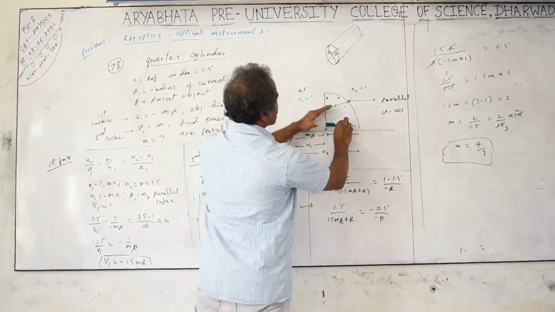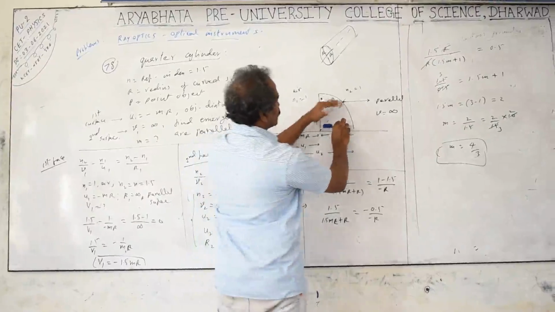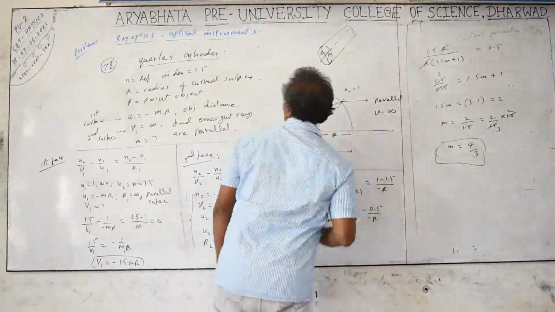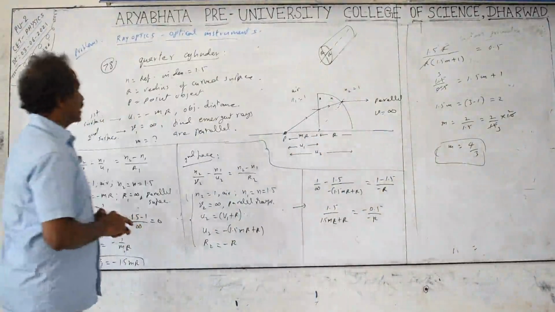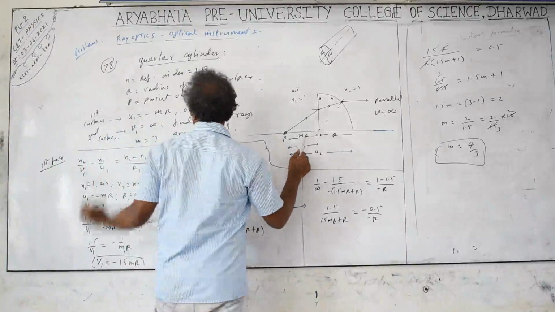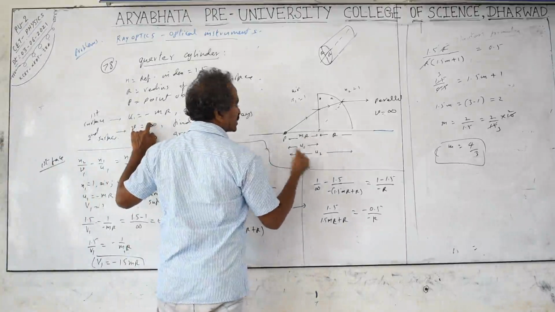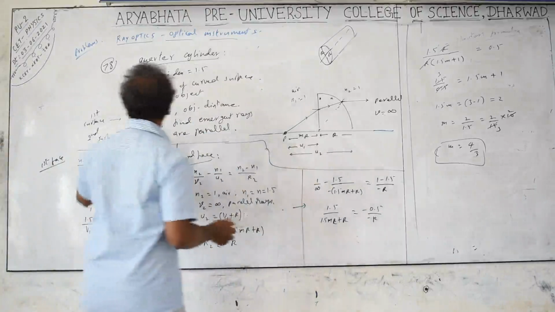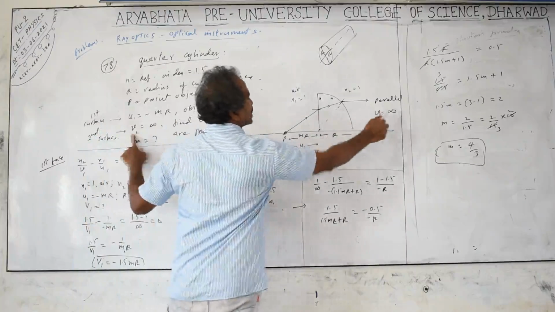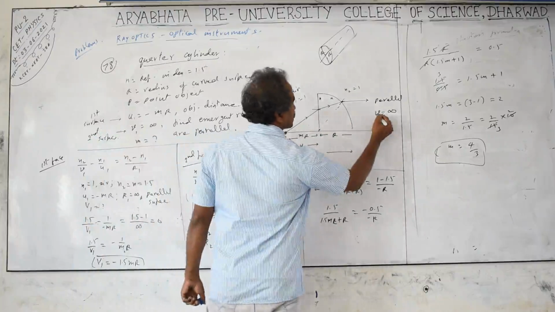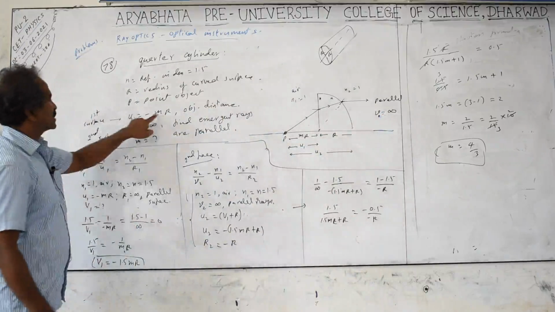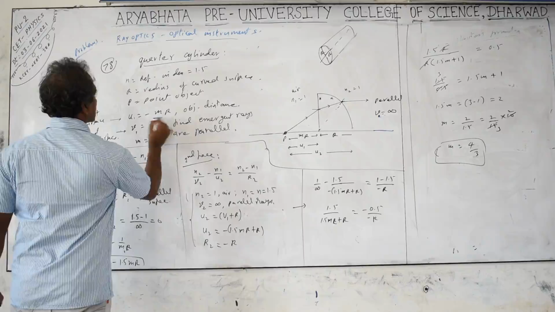Light rays coming from this, after refraction through the surfaces, come out parallel to the principal axis. This is the principal axis we can take. The object distance, that means the distance of the point from the first surface, is given as mr. So if you take it as object distance, it becomes equal to minus mr, left side distances. The final light rays come out parallel, which means the image distance becomes infinity. You have to find out the constant number m. What is m equal to?